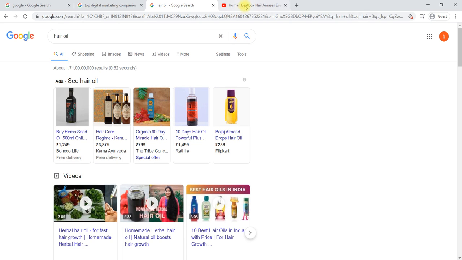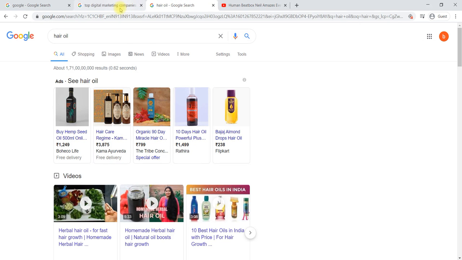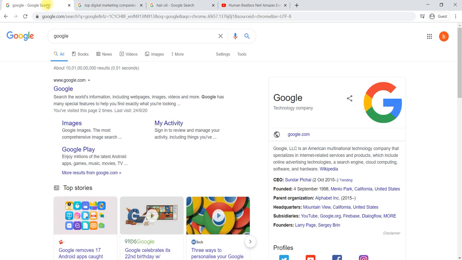And if someone is searching anything on YouTube, again you will get ads. These are the video ads. Here you can see an ad, and on the side they will also be showing search ads. These are the different types of ads we can create in Google by using a Google Ads account.